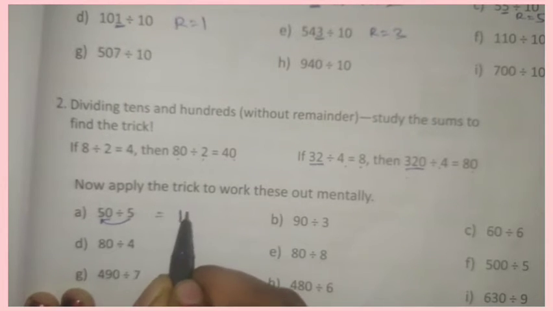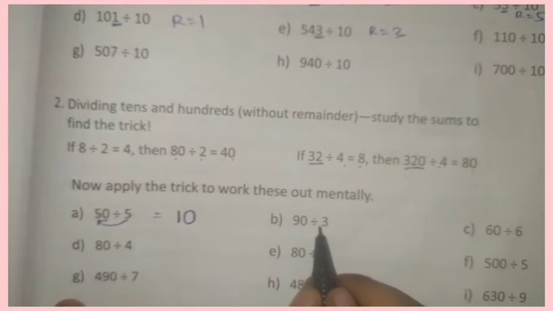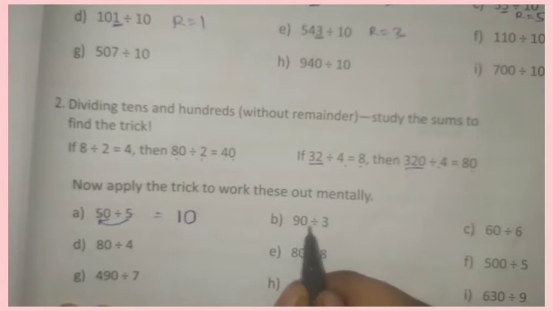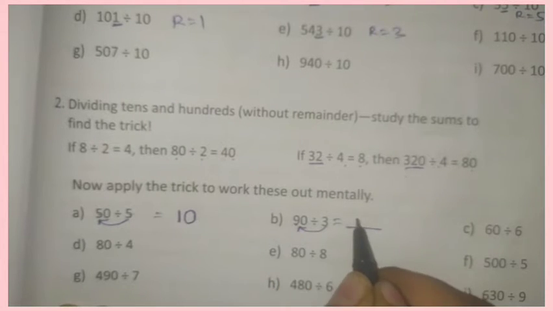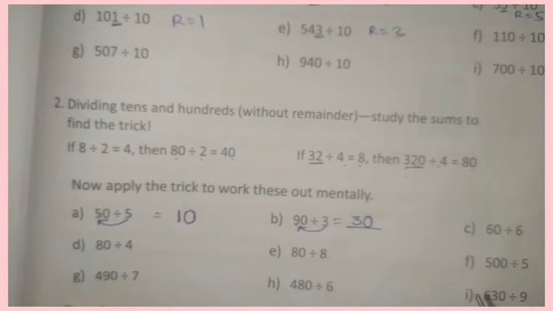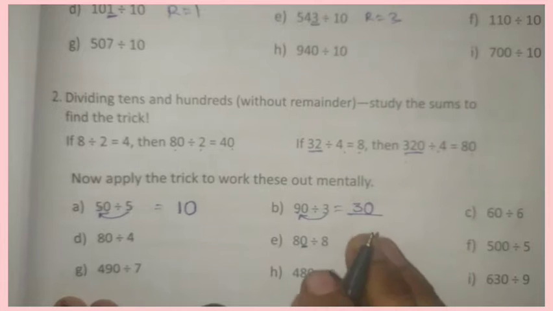And this 0 will be written here. Okay, look here, 90 divided by 3 is 0. So we'll get the answer like this. In 3 table, when we get 9, 3 3s are 9, and this 0 will be written directly. Okay, this is a trick. If you get 0 here in the ones place, we can write like this.